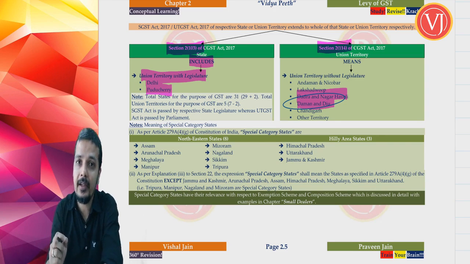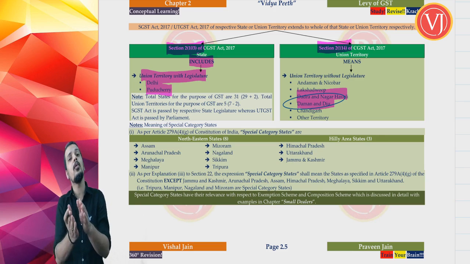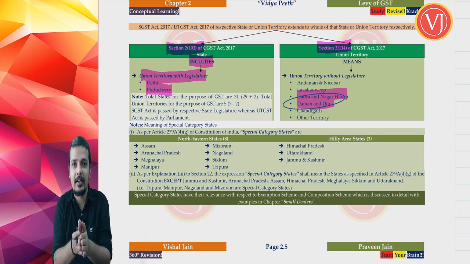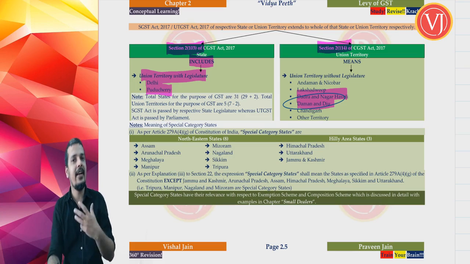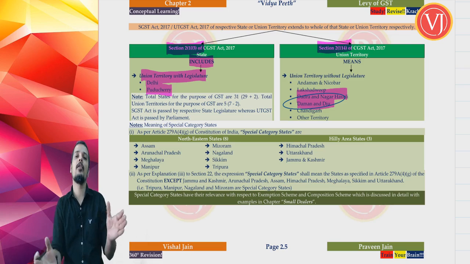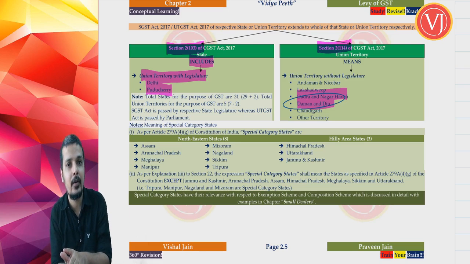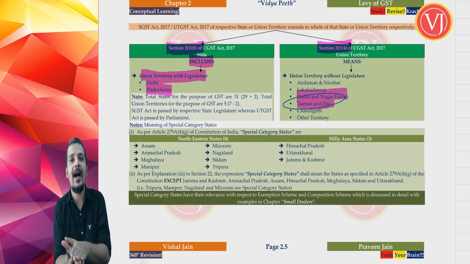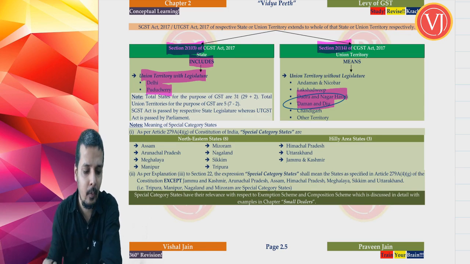Right. Another point, again, Dadar and Nagar Haveli and Daman and Diu, which were 2 separate union territories, now they are 1. But still, again, there is some problem with the provisions where the effective date is yet to be notified. Therefore, we are going to discuss them as separate union territories even now. So if ICI further clarifies that no, you have to read those 2 union territories, that is Dadar and Nagar Haveli and Daman and Diu as one, then we will be reading it as 1.